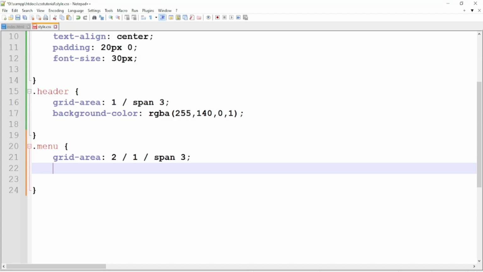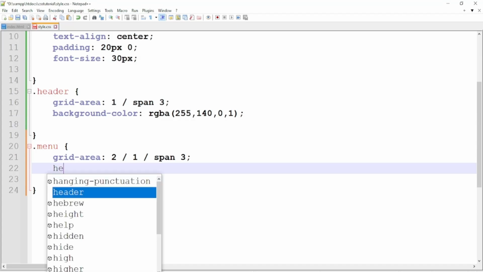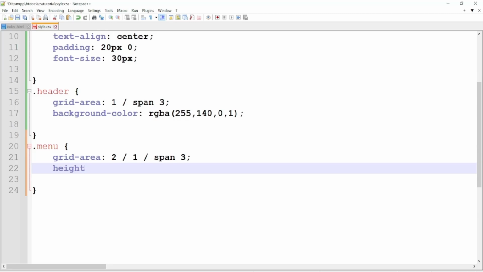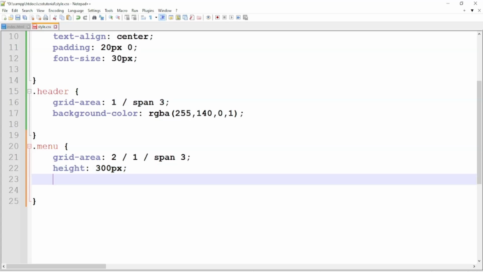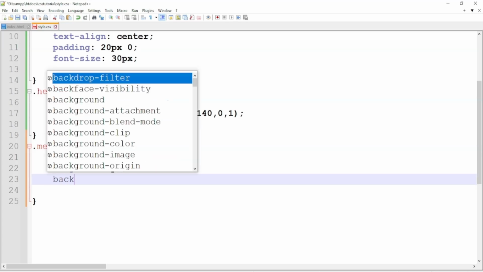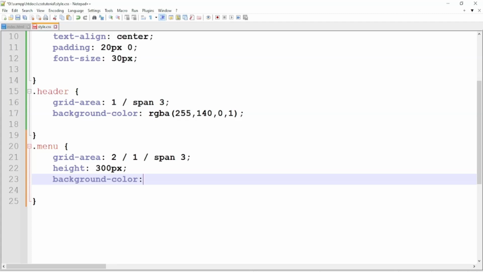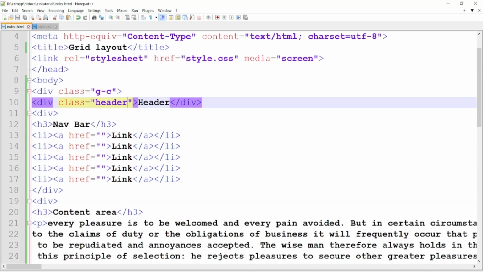Underneath we will use height colon 300px semicolon. Underneath background-color colon RGB, open parenthesis and close parenthesis. In between parentheses we will use 255, 215, 0, 1 semicolon. Press the blue button to save the file. index.html, and